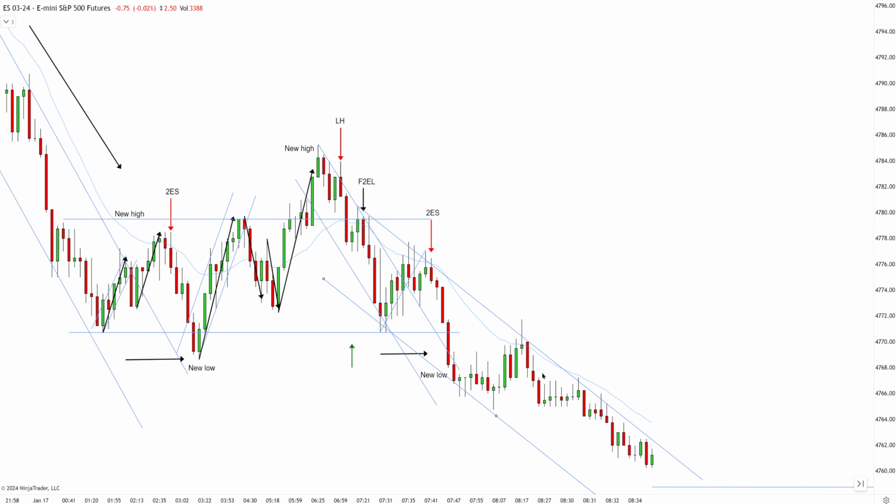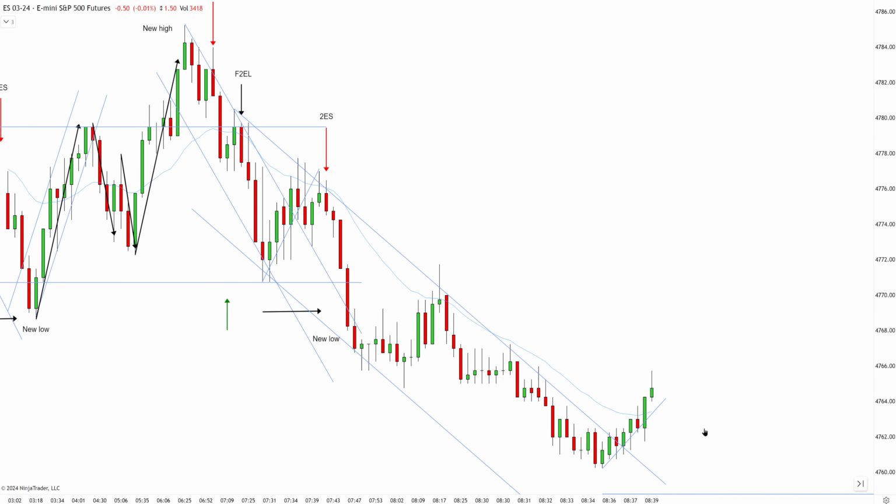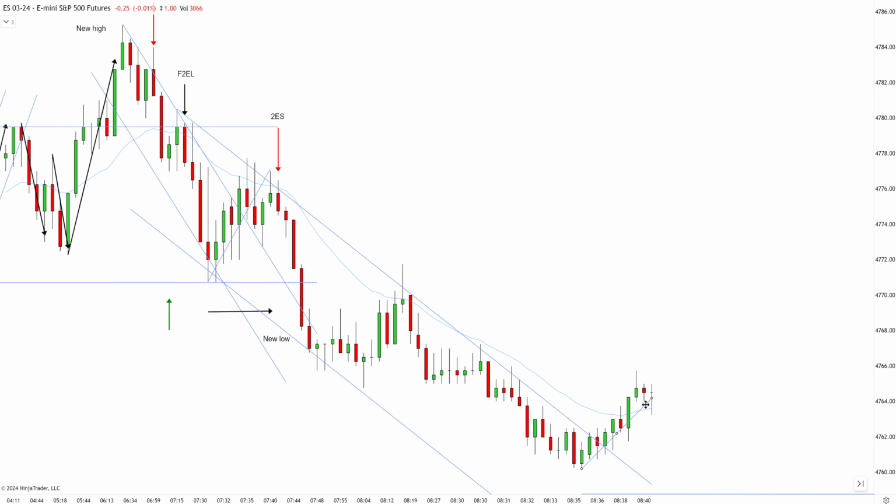So what's going through your mind? Basically the same thing right here. You would like to see second entry short with correction, at least having an attempt. We have a new low first entry short, and price action keeps breaking higher. So this is not a good sign because we cannot sell second entry short above EMA while the uptrend is in play. So I would need to see at least an attempt for new high, and if that attempt is going to fail and I'm going to get a lower high,